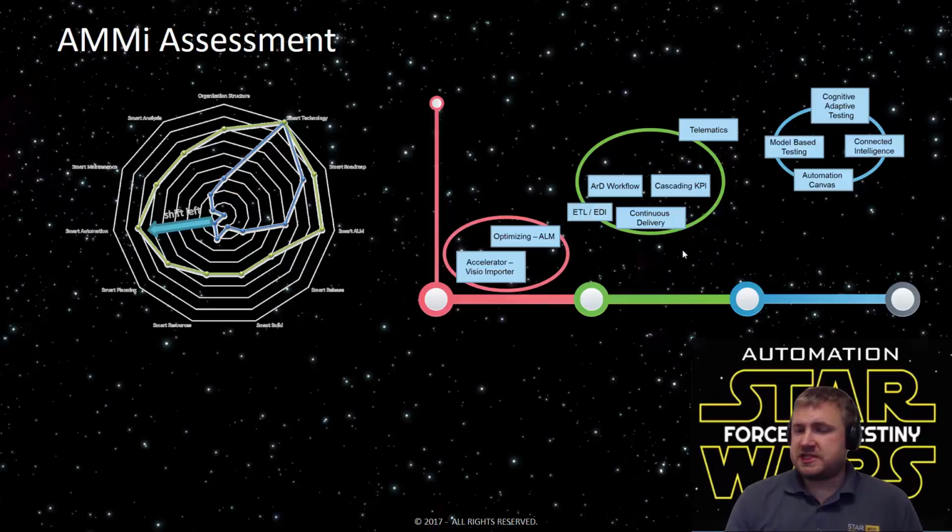So just because one team is using a very heavy automation framework, which might be 5th generation, that doesn't mean that that's going to work for you. Equally, you can't just achieve these things. So if you're trying to get to cognitive adaptive testing, for instance, but you're still quite low on the maturity, then having the ability to predict which tests you need to run and have always on automation that looks at what's failed, works out what's failed, and generates more tests and sends them down the pipe might not be something that you're ready to achieve.